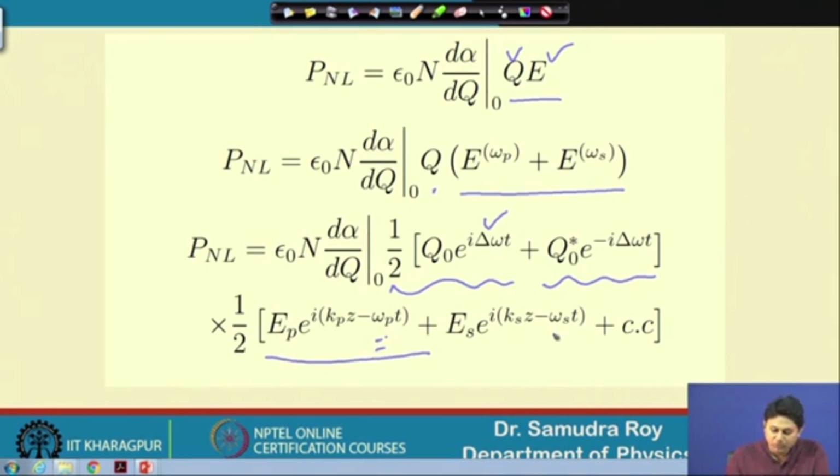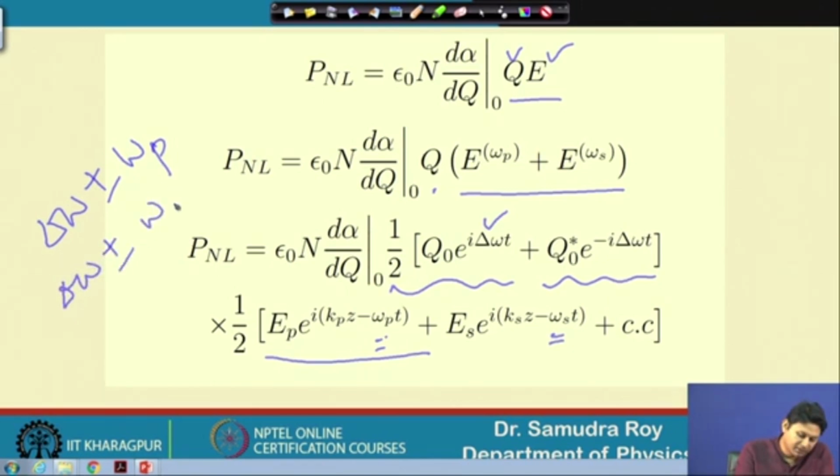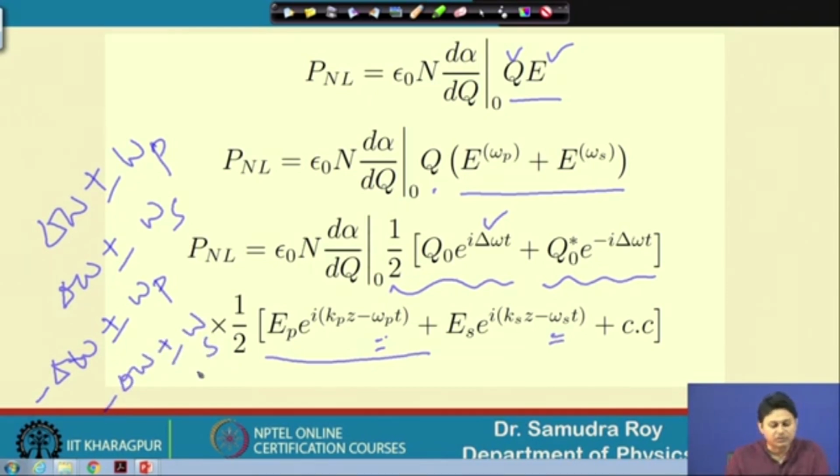Again it will be multiplied with omega s. So, we will have some sort of term delta omega plus minus of omega p, this frequency will be there, delta omega plus minus of omega s, this frequency will be there, delta omega with a negative sign plus minus of omega p, this frequency is also there, and minus delta omega plus minus of omega s, this frequency is there. So many frequency components can be possible here, because P nonlinear will contain this amount of frequencies,